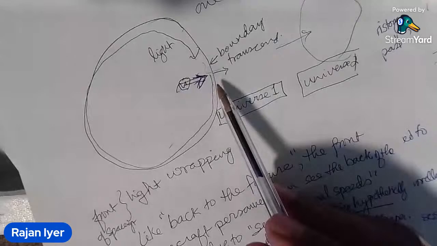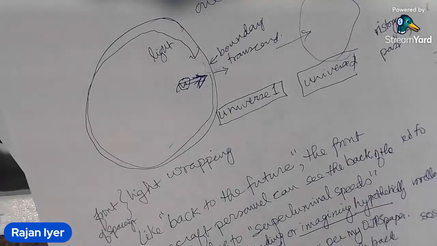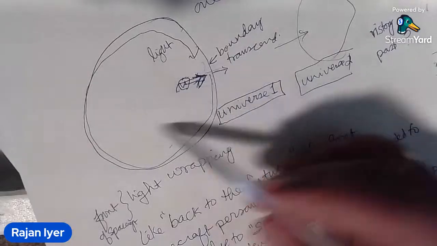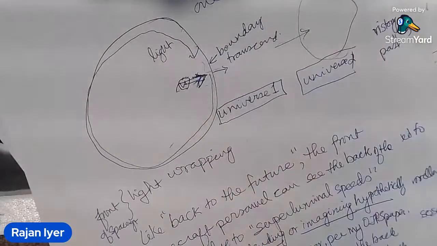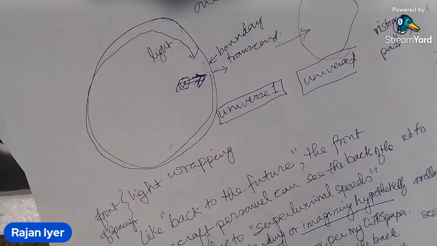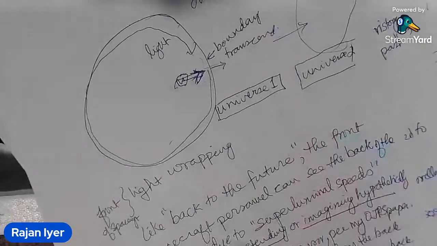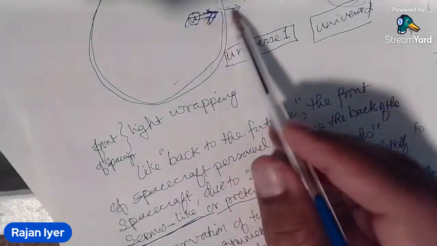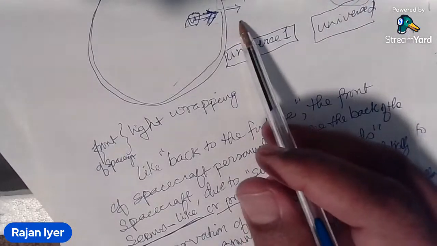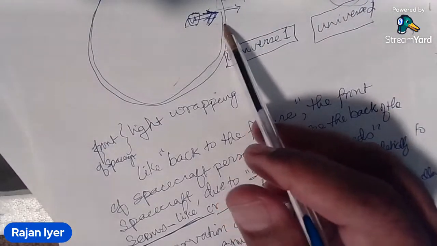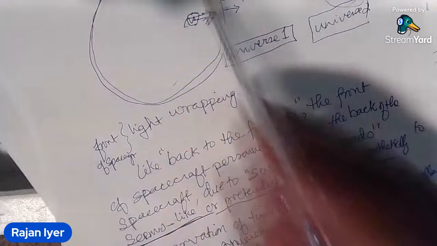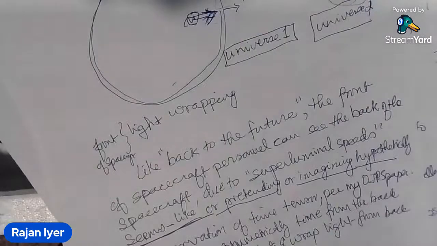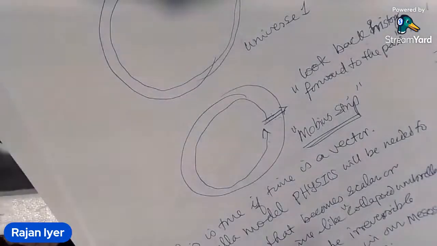But in our universe that we are talking about, actually it's an infinite universe, like the presentation he had just before. The boundary is infinite. So we can only hypothetically say that the spacecraft somehow is able to transcend that to go to the other universe. In that case, the light can wrap around in one universe, and because of the